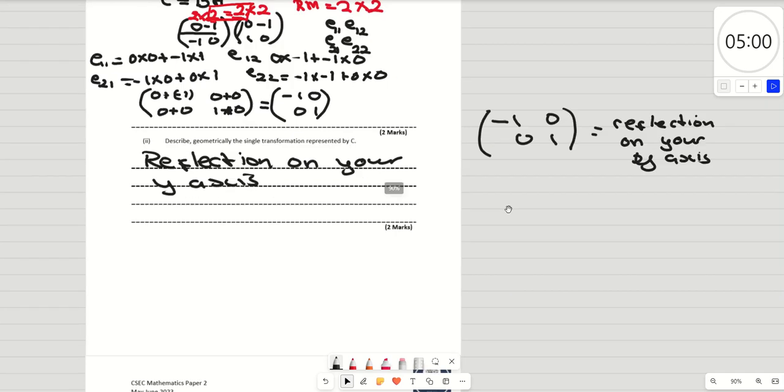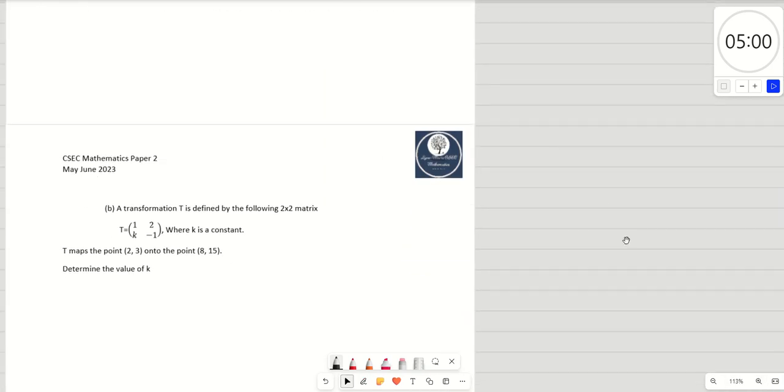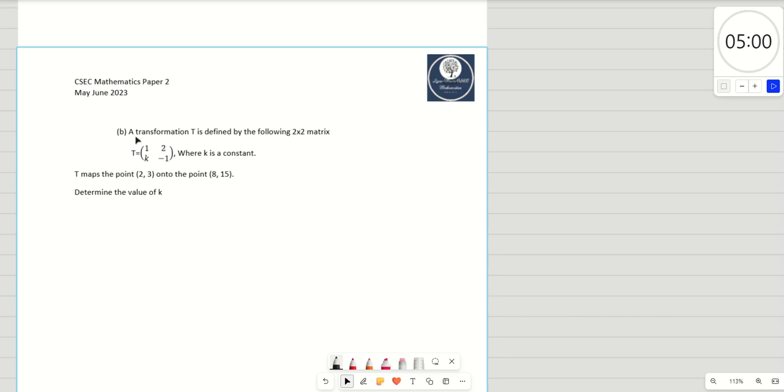Right? Let's look at this one here, part B. A transformation T is defined by the following 2 by 2 matrix, where T is 1, 2, K, minus 1, where K is a constant. When T